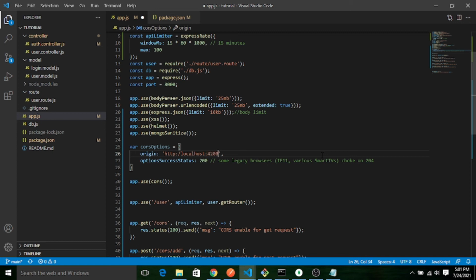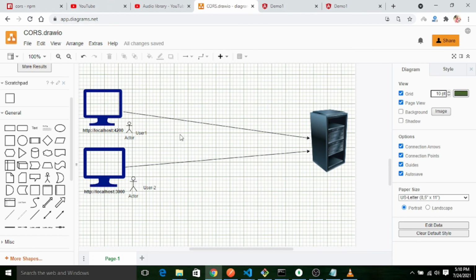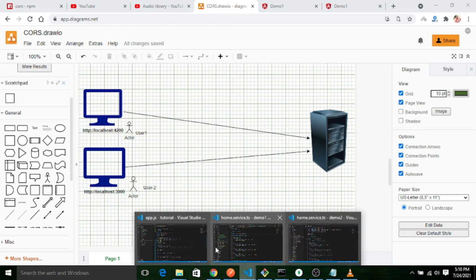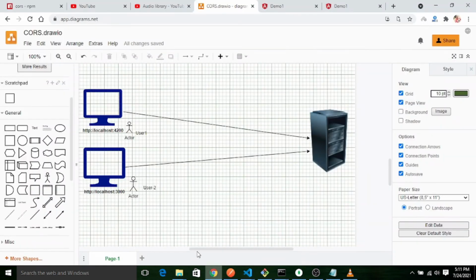for 4200. So let me go to my diagram, this one. So here what I am trying to show you is that I have already allowed this 4200 domain. So the users who are using this domain 4200 and trying to access this server through the REST API will only be able to access the related database data and hosted files.